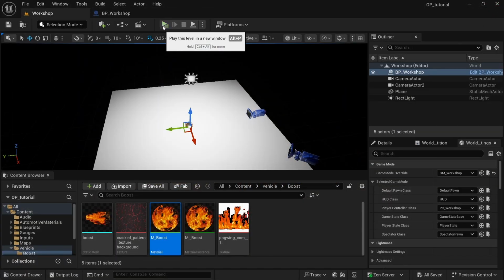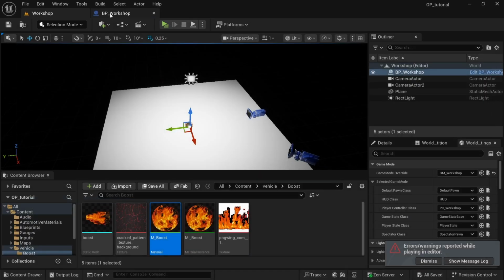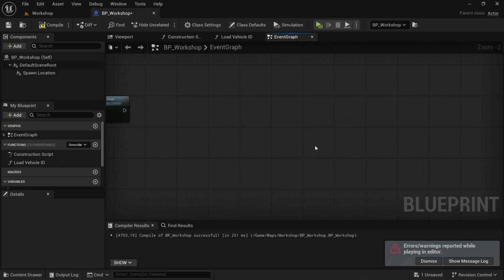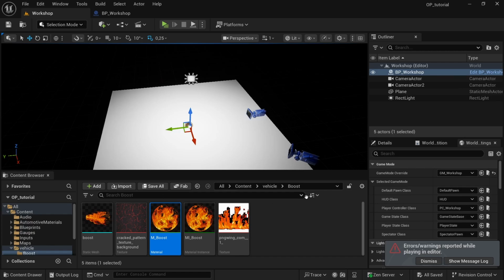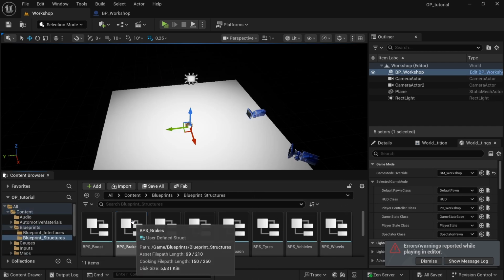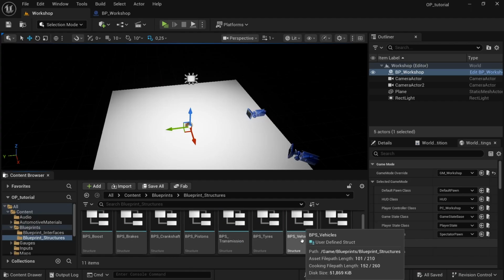If we play it again, there shouldn't be a car. Okay, so it's empty now. That's fine. Open up the blueprint, and then we're going to remove these four nodes. Compile again, save. Then we're going to go content, blueprints, blueprint structures, and then the one we're looking for is the